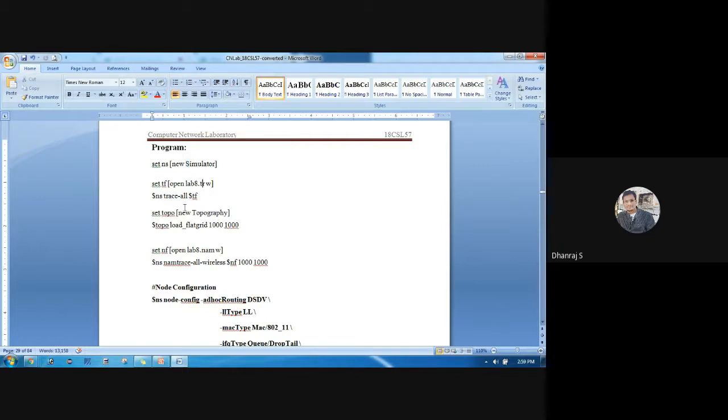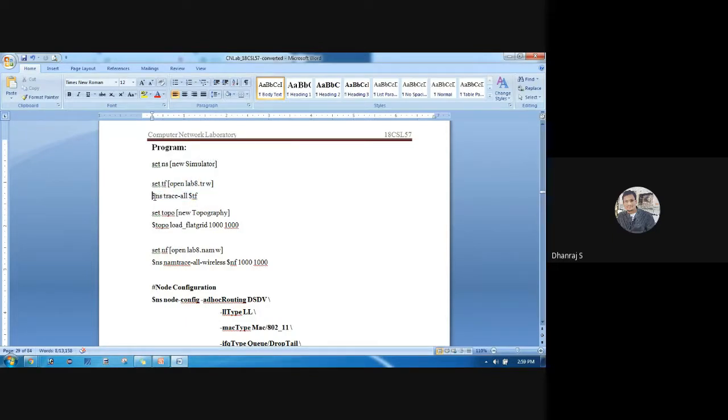And what is the second line? That is set tf, the trace file, open, the file name I have given here, lab8.tr, with write mode. Then $ns trace-all $tf. This is just the opening of a trace file.